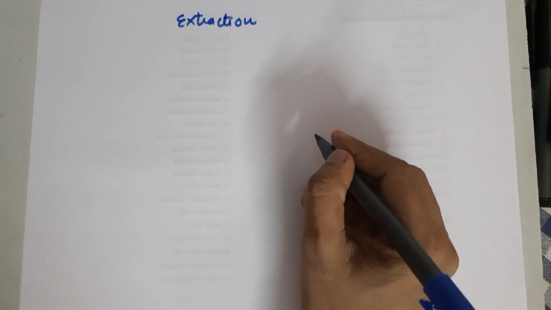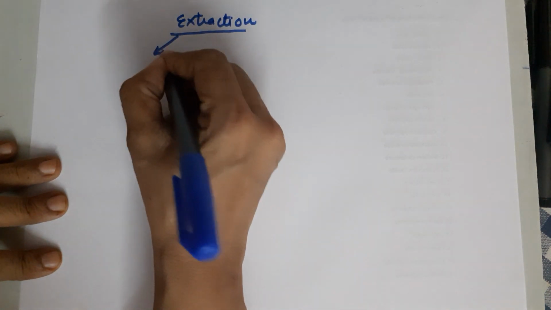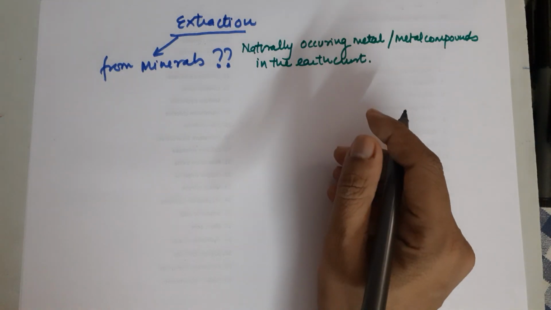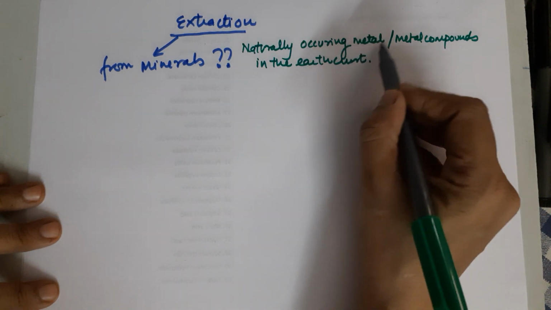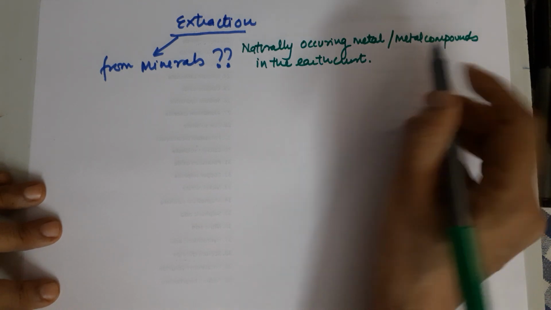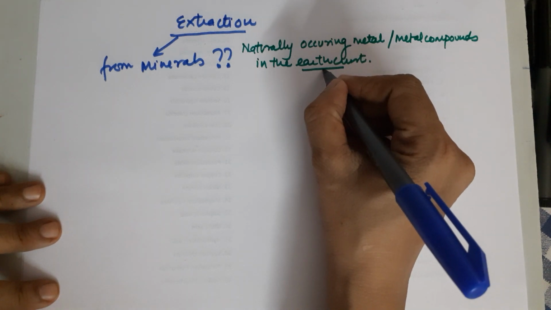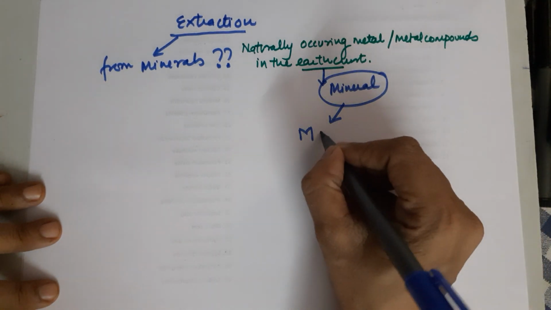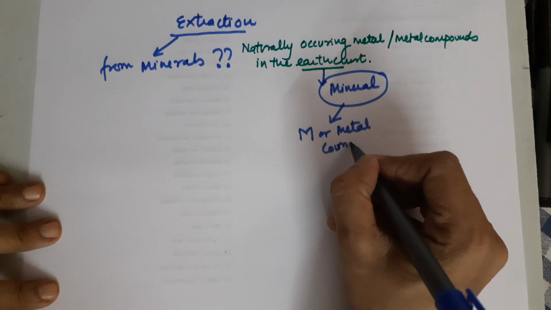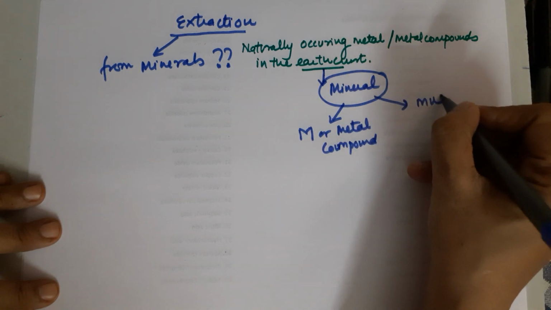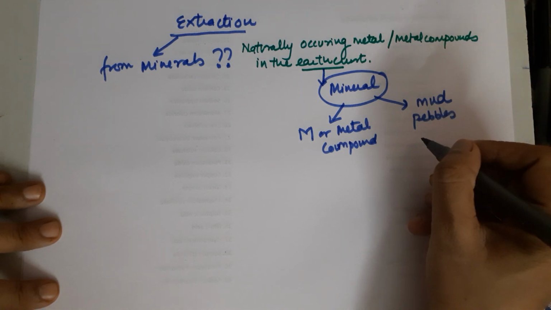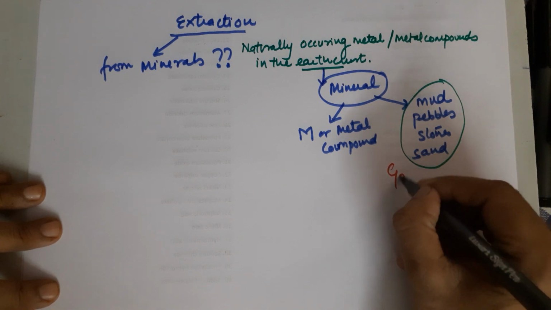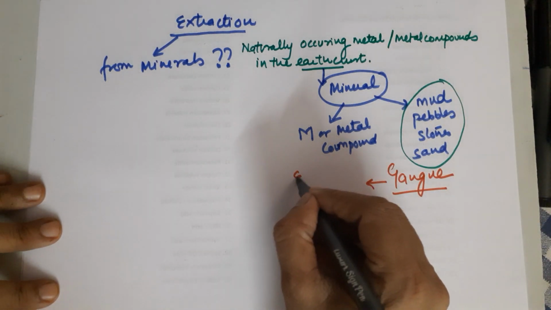Now coming to the details about the steps of extraction. Now this extraction we do it from minerals. Now what are minerals? The minerals are defined as naturally occurring metals, when you are talking about low reactive metals, or metal compounds when we are talking about high reactive metals in the earth crust. Now since they are found in the earth crust, in a mineral you are bound to have two things. One is of interest, the metal or the metal compound is what you are interested in, and the second is it could have mud. It could have pebbles. It could have stones. It could have sand. All these together are given a special name as gangue, which is nothing but the earthy